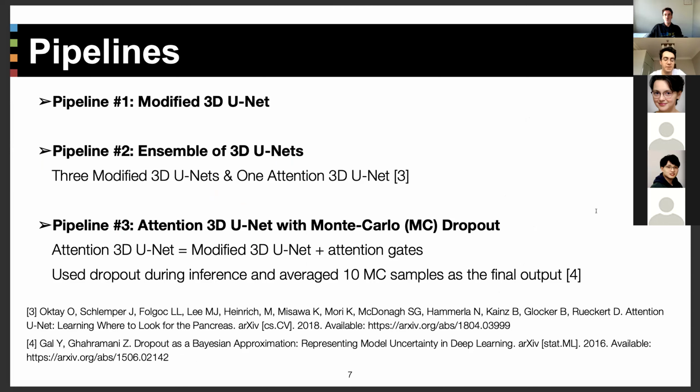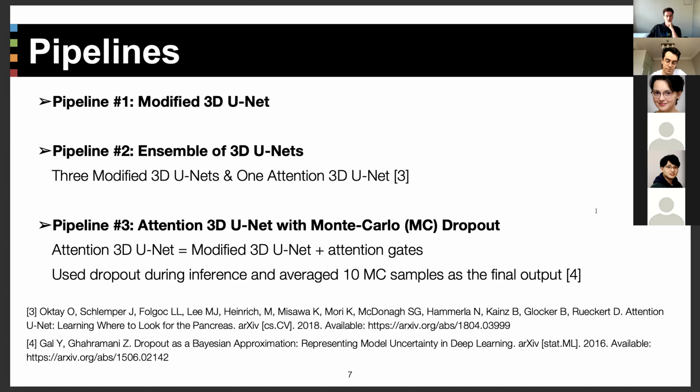Oh, thank you. For our pipelines, the first pipeline is a modified 3D U-Net as previously described. Our second pipeline is an ensemble of 3D U-Nets where we have 3 modified 3D U-Nets and 1 attention 3D U-Net. Finally, our last pipeline is the attention 3D U-Net with Monte Carlo dropouts, where we use dropout during inference and average 10 Monte Carlo samples as the final